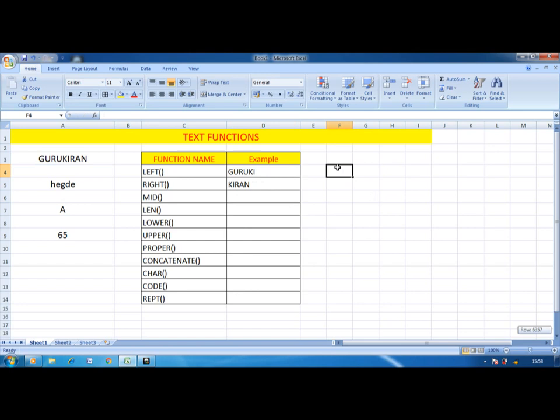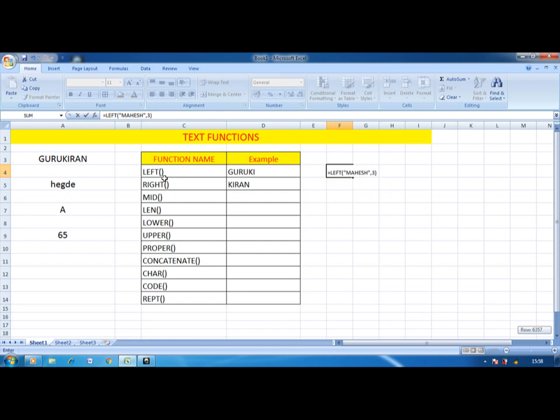Or you can write it this way: is equal to LEFT bracket, then you can write any text. I will write MAHESH. Always text should be in double quotes, comma, number of characters. If I enter 3, this time from the left side it extracts 3 characters, that is MAH.